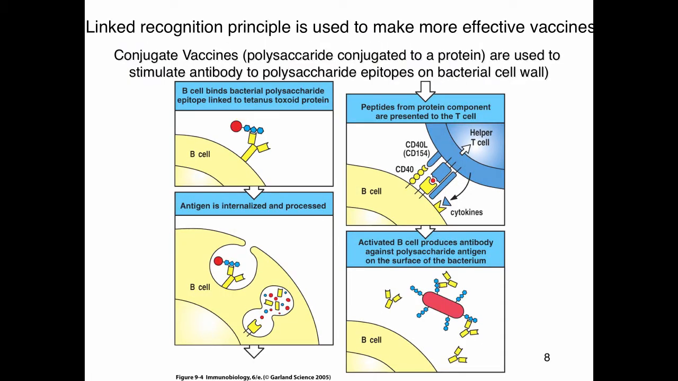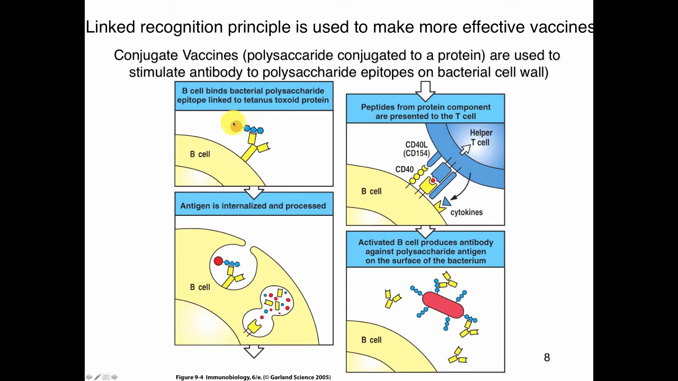And so this is a complicated thing, and I just want to go through it one more time in a slightly other context, because this linked recognition principle is actually used to make more effective vaccines, as we'll see in the vaccine lecture in the next sequence. So here again you have a B cell that has a B cell antigen receptor, or a membrane-bound form of the antibody molecule. And it's interacting with an epitope here that's associated with a conjugate vaccine. In this case, the vaccine is a conjugate of a bacterial polysaccharide epitope linked to